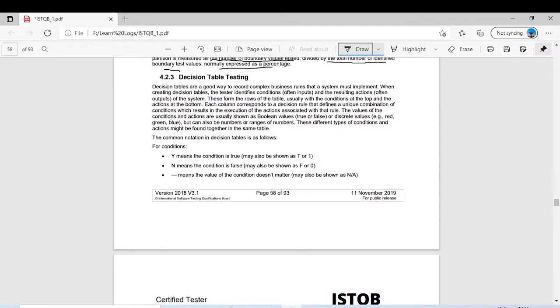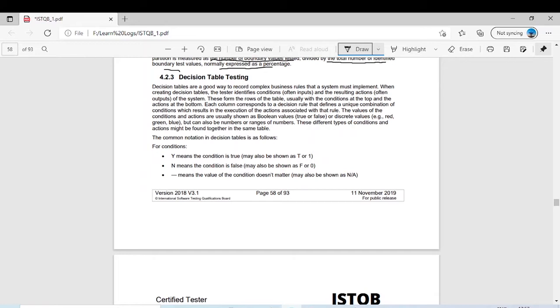So now we will discuss decision table testing. Actually, decision table testing is like a truth table, in which we have different test conditions. If two combinations are true and true, then the answer will be true. If an OR condition is there, if one is true and the other is false, it could be true. So there are some test conditions given, and based on that a test result is given. You observe this table, and then you have some actions, how it will happen if this thing is true or if this thing is false.